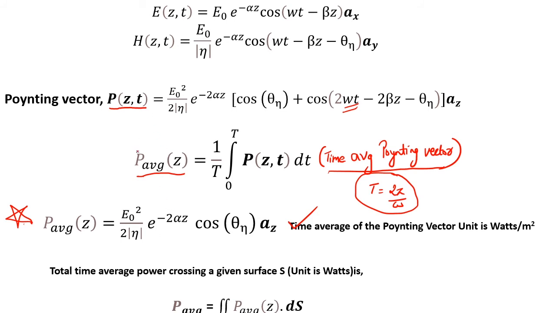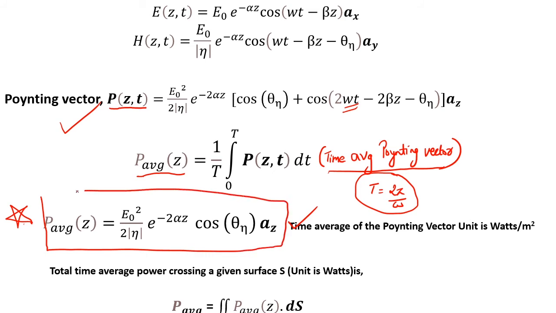So you have three equations to learn. This is the main equation. This is the equation for the Poynting vector, the instantaneous power, and to get the time average you learn this equation. This is the time average Poynting vector, and to get the total power, this is the equation, which is just taking the surface integral of the time average Poynting vector. Okay, so these are the three forms of the Poynting vector. The units will vary. This is watts per meter square and this is watts.